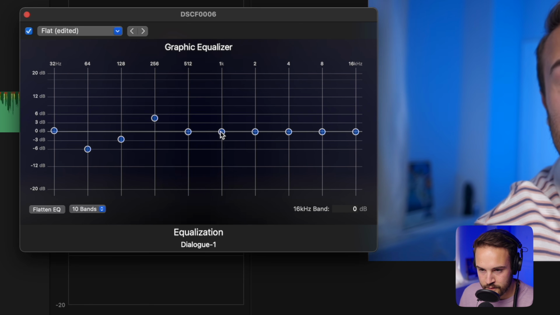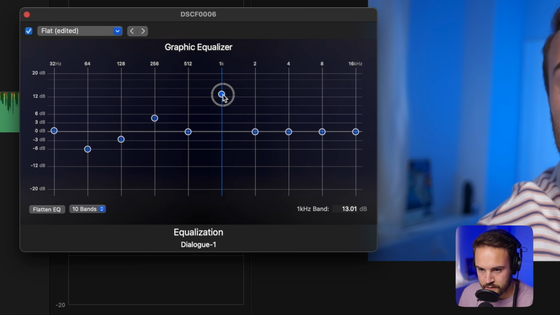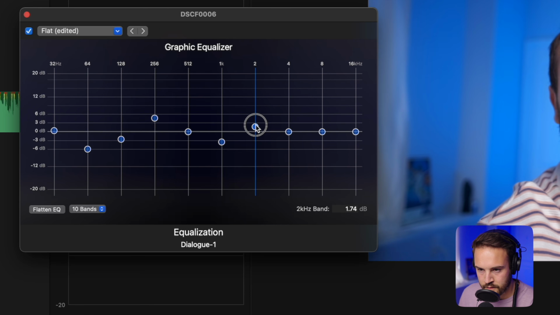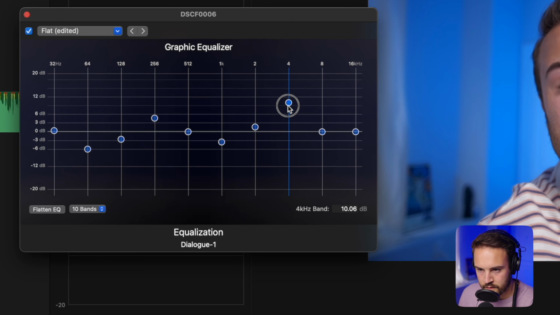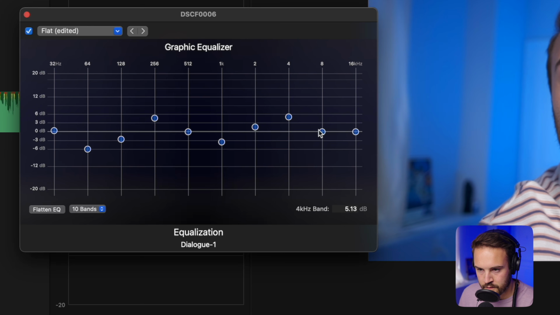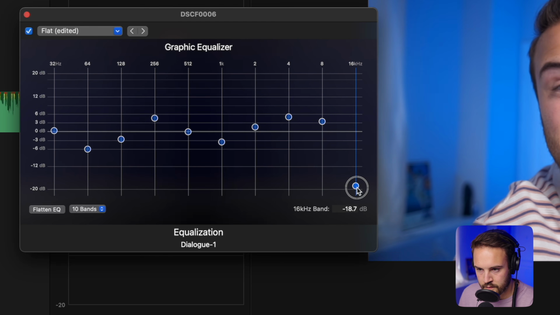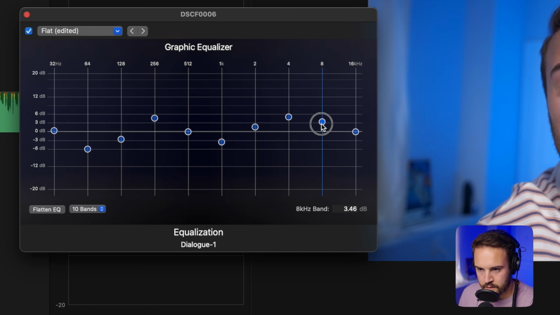If you're listening to this audio right now, then you are hearing me edit this audio to make it sound better. If you're listening to this audio right now, then you are hearing me edit this audio to make it sound better. If you're listening to this audio right now, then you are hearing me edit this audio to make it sound better. If you're listening to this audio right now, then you are hearing me edit this audio to